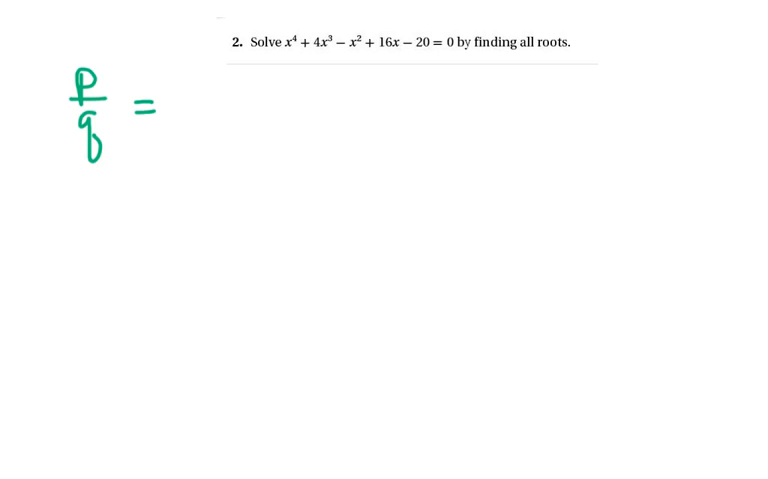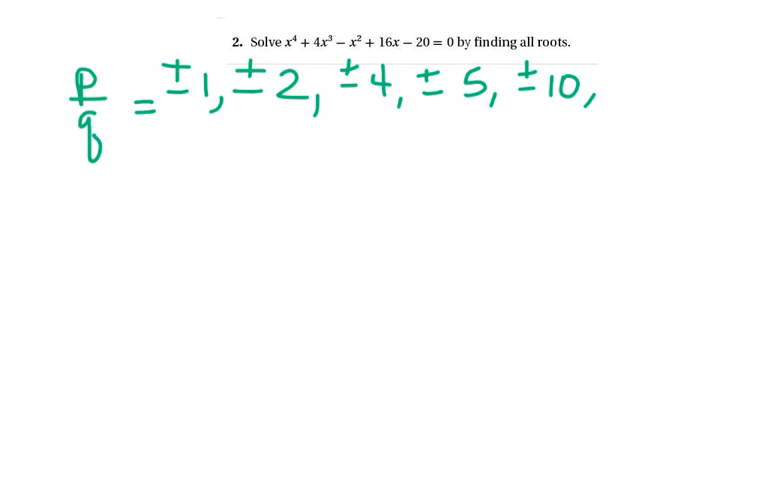P, again, negative 20, so I've got all the factors of negative 20: plus or minus 1, plus or minus 2, plus or minus 4, plus or minus 5, plus or minus 10, plus or minus 20, and then this is all over 1, so those are really what I'm looking at. And so